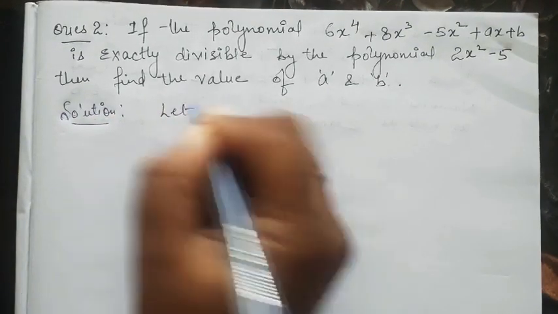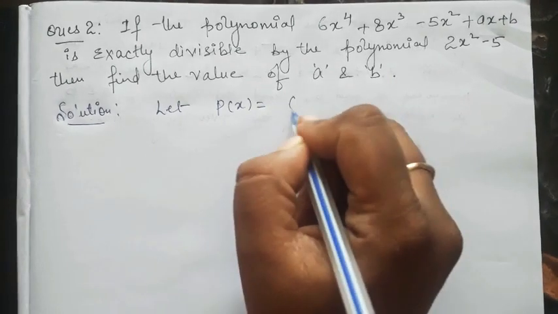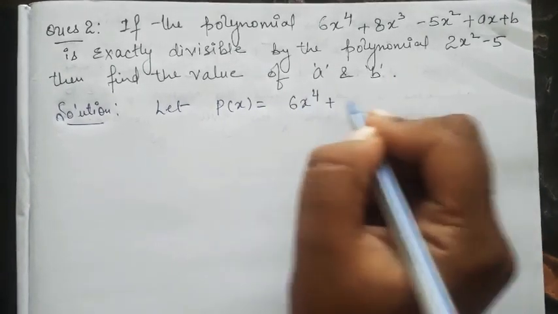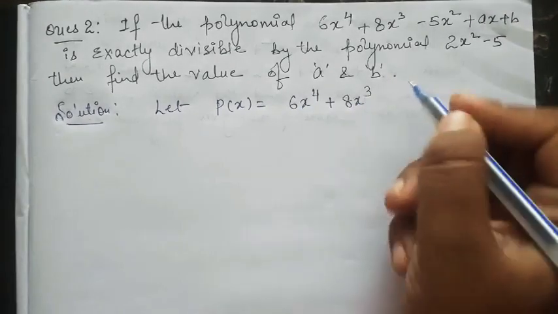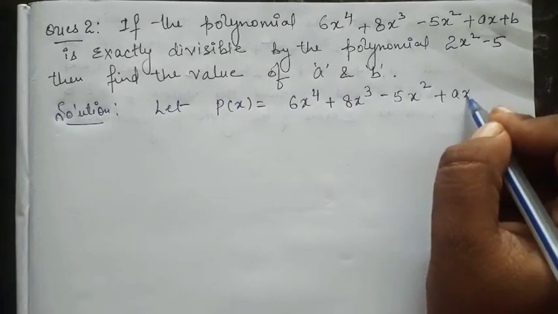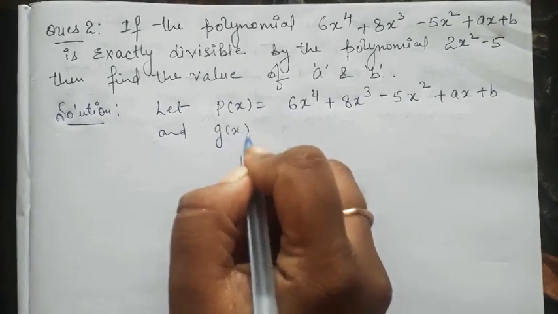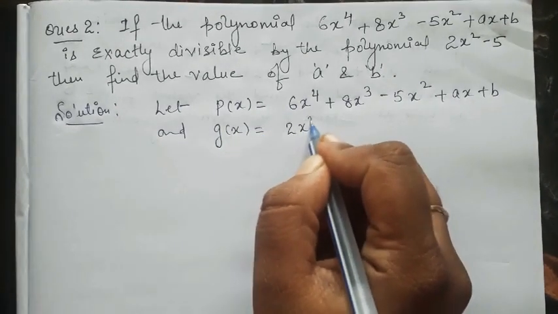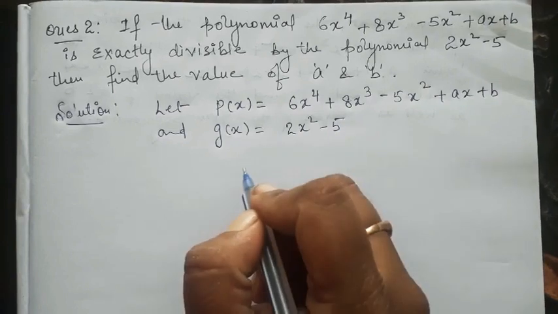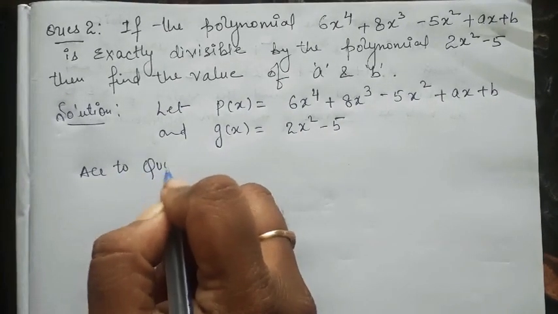Let p(x) is equal to 6x raised to power 4 plus 8x cube minus 5x squared plus ax plus b, and g(x) is equal to 2x squared minus 5. Okay, according to the question,